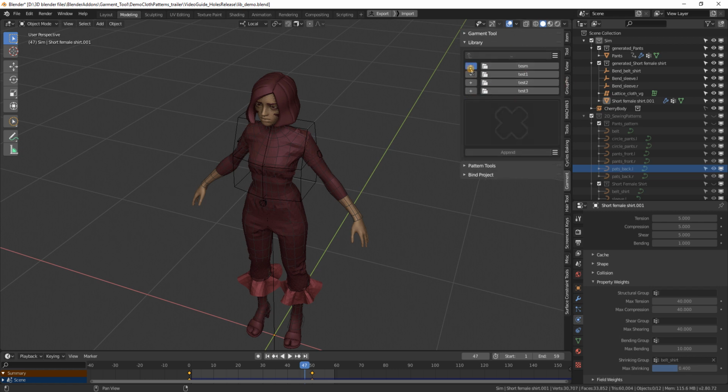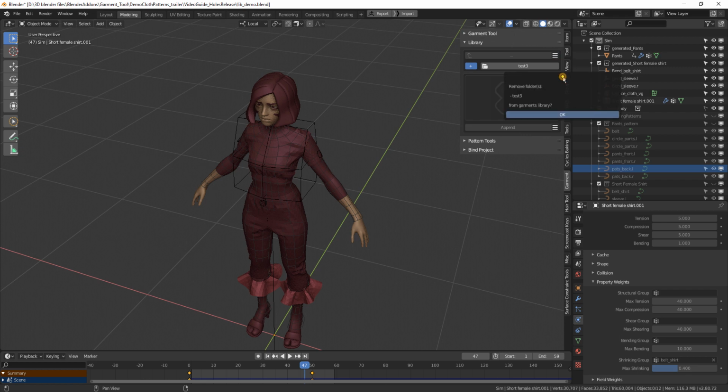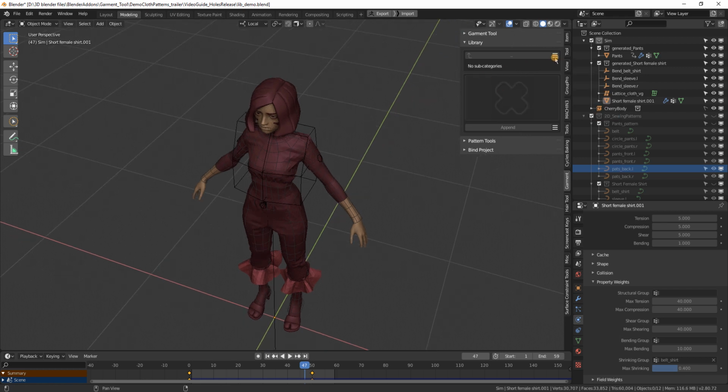To remove folders, you just select multiple if you want with this plus icon and use this menu on the right. So if I remove those, it will ask, do you really want to do this? And I can select yes. And let's quickly create new folders. So to do this, we just use same menu and create, and name this test1, and maybe create one more, test2, and one more just to show.